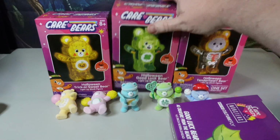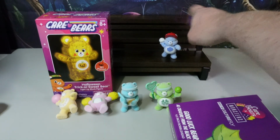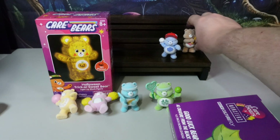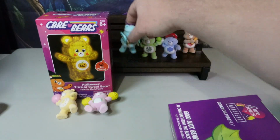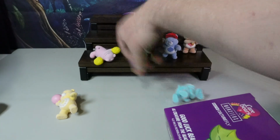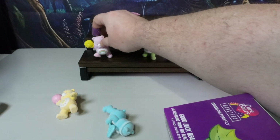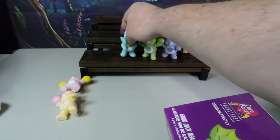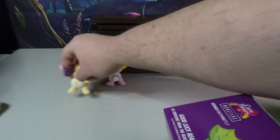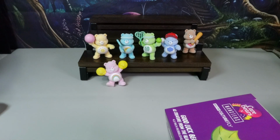Now the rest of these I am going to leave in their boxes for right now, just because... well, okay, there they are. Now the next thing that they have